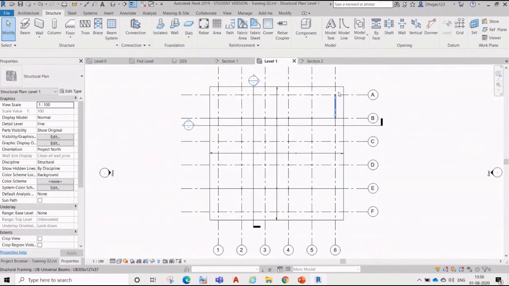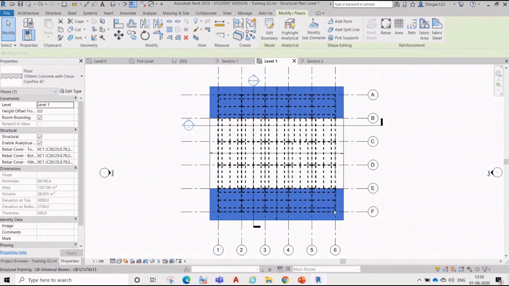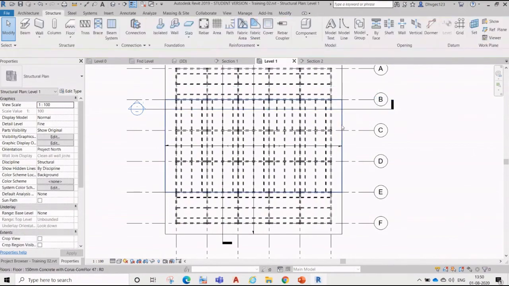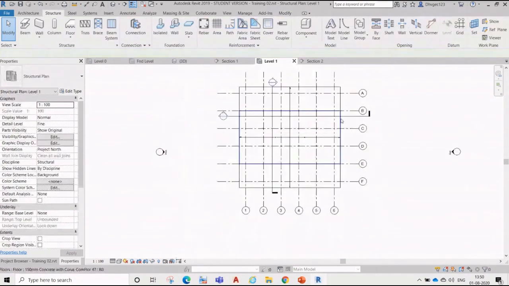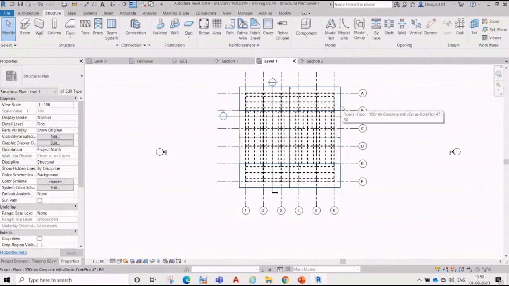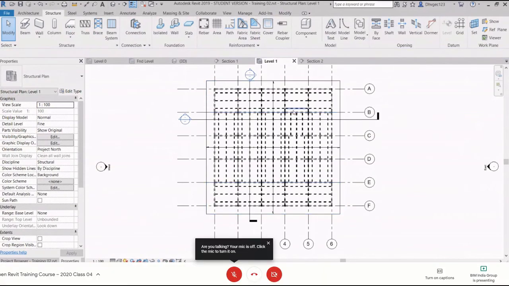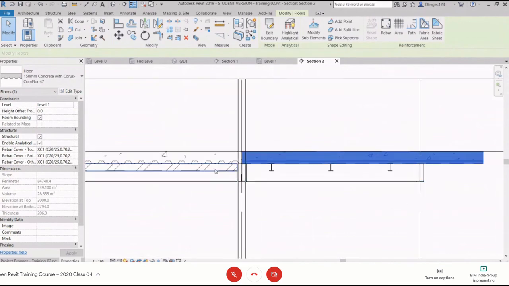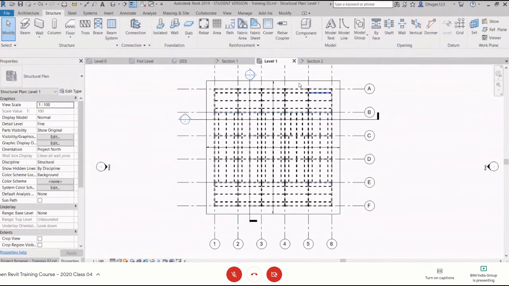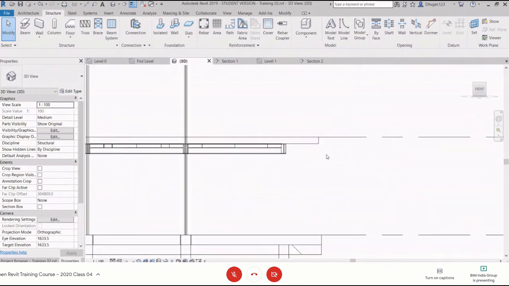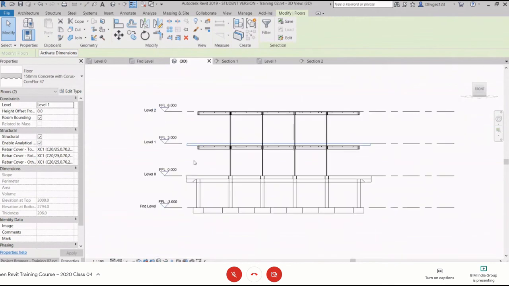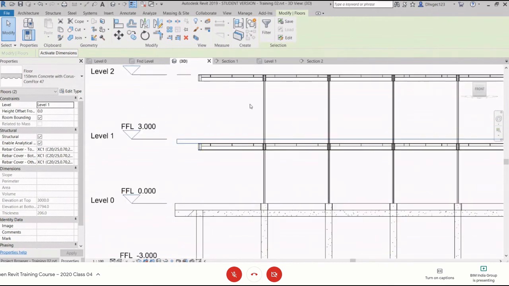So for steel, if it is concrete slab, then not an issue. I mean, if it is just a concrete slab, we can make one big slab over here because we can define that in reinforcement, right? But because we have a steel deck, we just try to explore the steel deck. Then for steel deck, we have to think about the direction of the deck. Okay, so now same we have done over here. Now we can copy this deck system from here. Alright, not only this one.